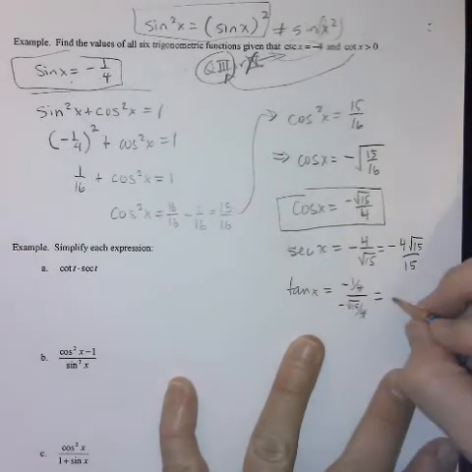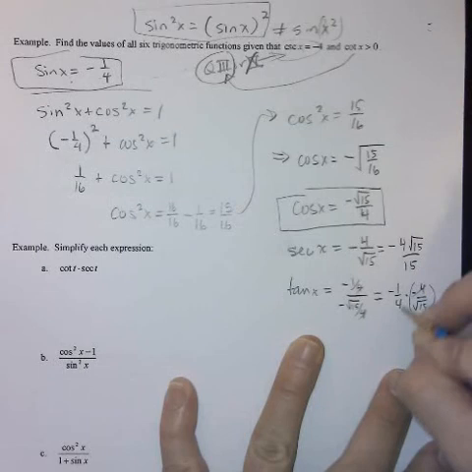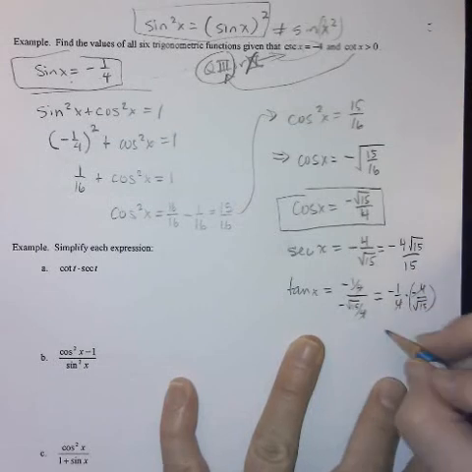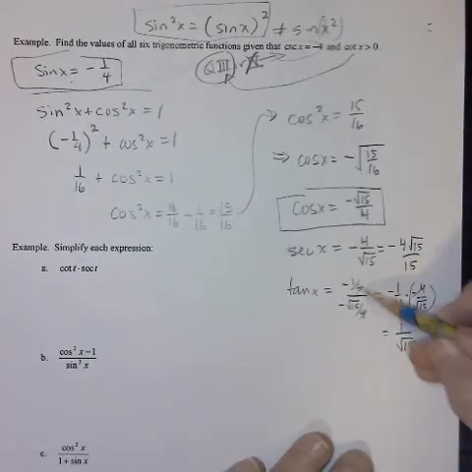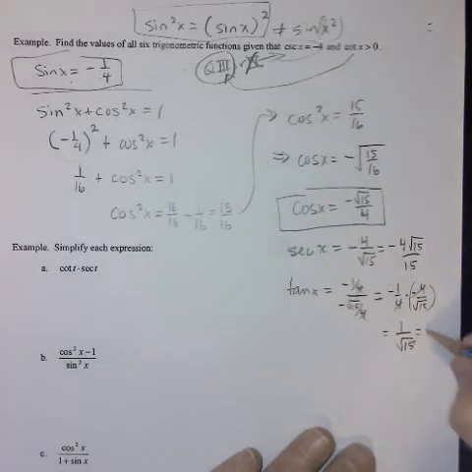So negative 1/4 times negative 4 over square root of 15, cancel, cancel, the negatives cancel, and you just get 1 over the square root of 15. So if these denominators are the same, they simply just cancel. That makes it easy. You just get 1 over square root of 15, or square root of 15 over 15,